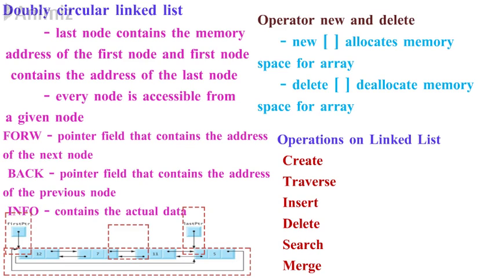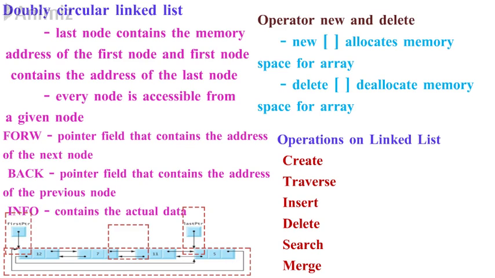When you go for creating a node in a particular linked list, you have to keep in mind what you are going to follow, which type of linked list you have to follow, and what all the aspects you have to consider. When I say traversing, it means you have to traverse each and every node only once in a particular linked list. Suppose I have 12, 11, 5, 7, I have to traverse these 12, 11, 5, 7 only once.